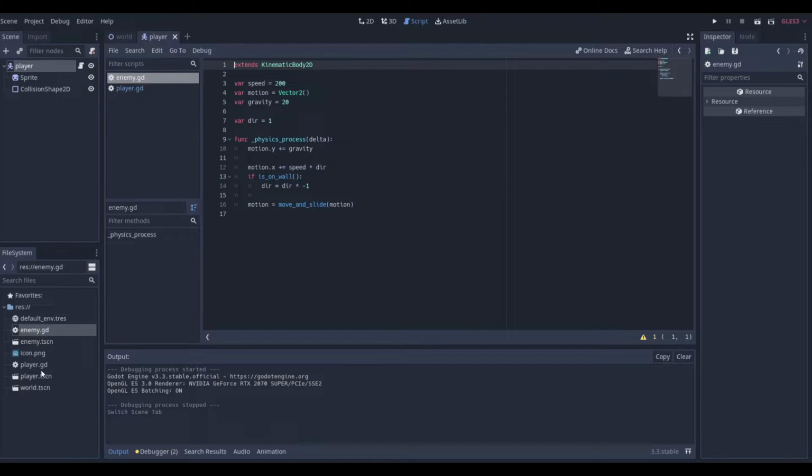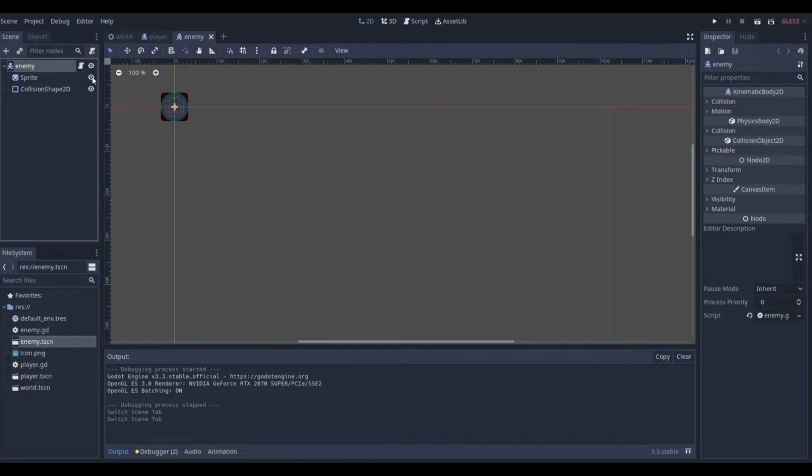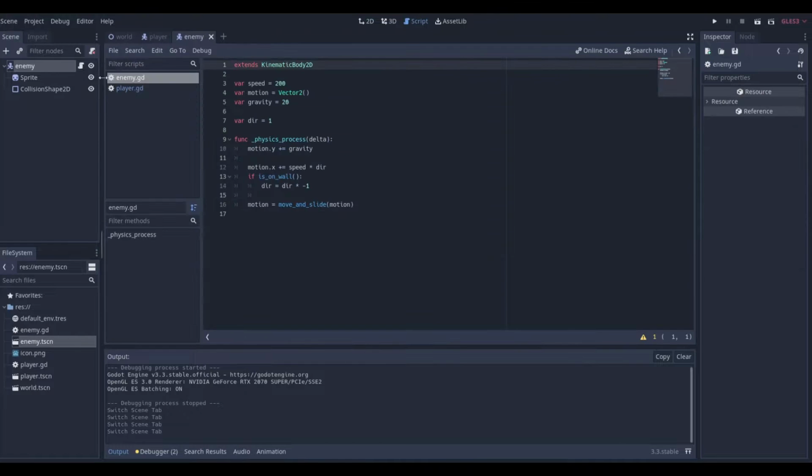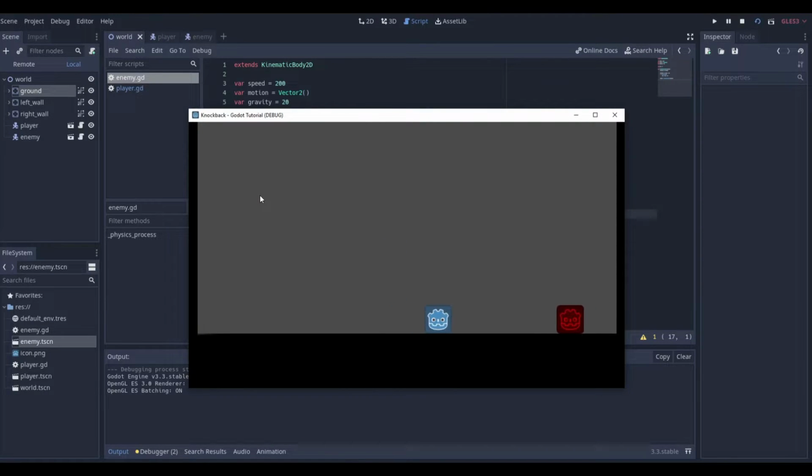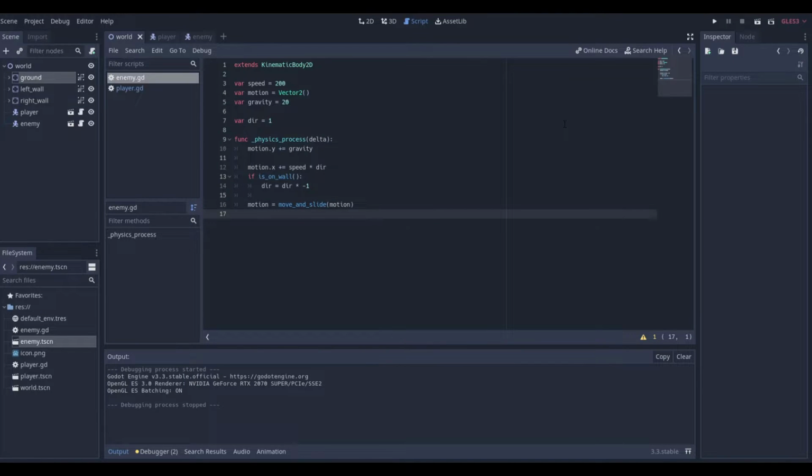And our enemy, which is right here, is the same as our player. It's just a sprite and a collision shape, just red, and the script for the enemy is right here. I also have a video for that, so it's right here on the screen now. If you want to check out those videos and you're not at the point where we are, where we just have a basic player and a basic enemy, then I would recommend checking out those videos just so you can get this exact thing. And now we're going to implement knockback into our